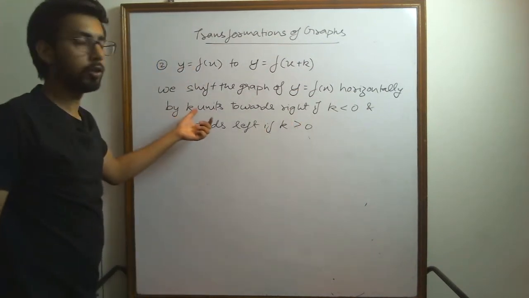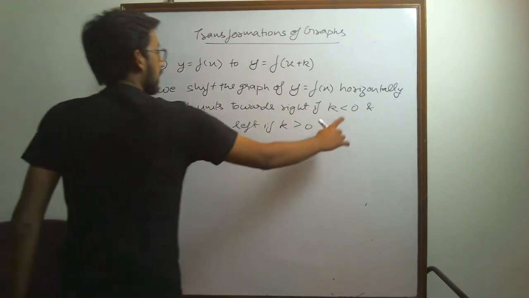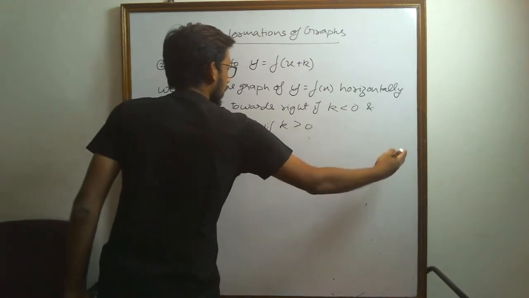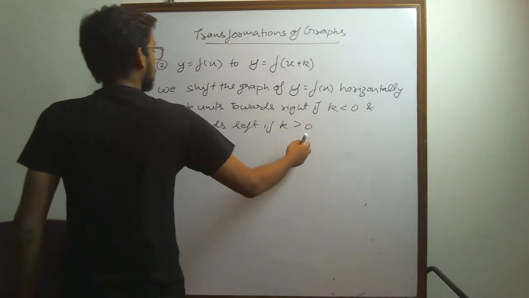So make sure you are not confused here. If k is negative, we will shift it towards right, and if k is positive, then we will shift it